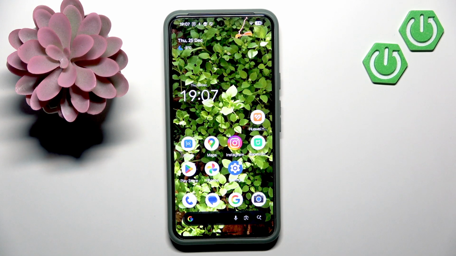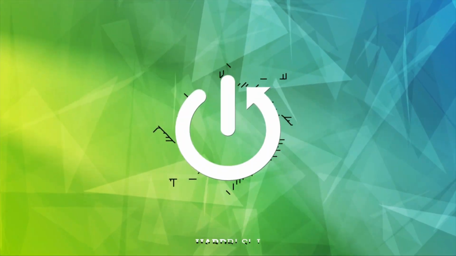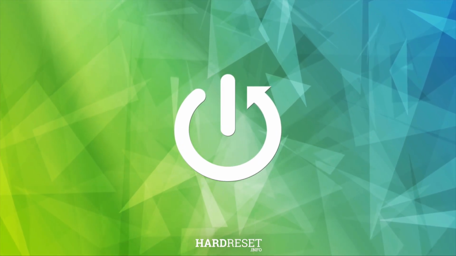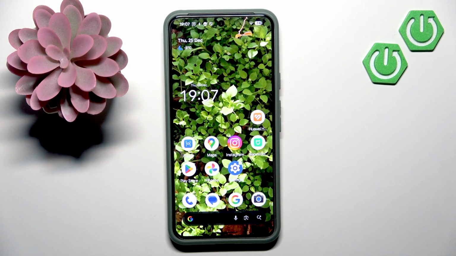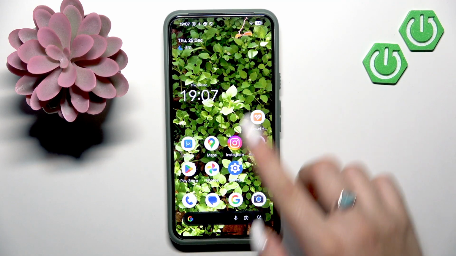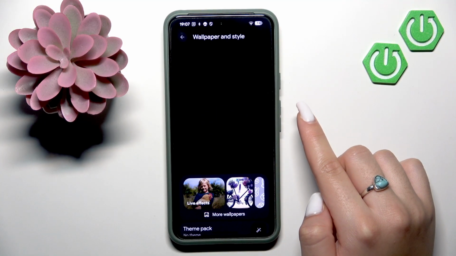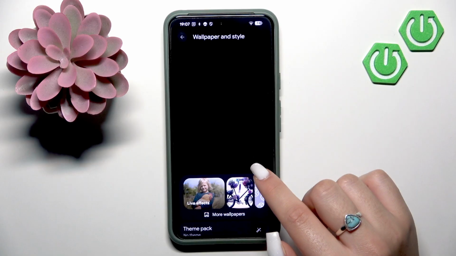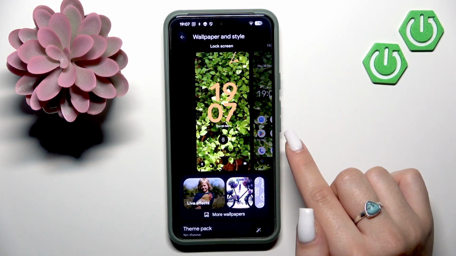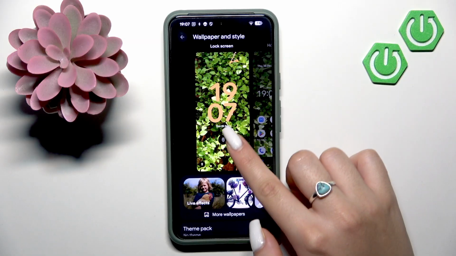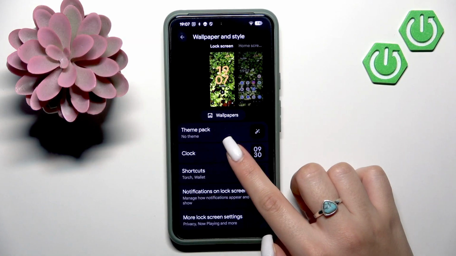In this video, let me show you how to change lock screen clock style on Android 16. From your home screen, you want to press and hold an empty space like this and tap Wallpaper and Style. So now let's select lock screen like this, and you want to scroll a little bit until you see clock